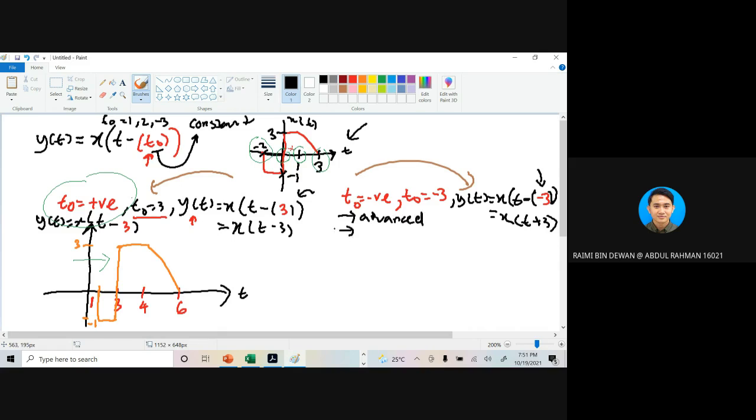and your signal will be shifted to the left. Okay, so the movement to the left. Okay, so now that we consider the examples, but let me erase first so that we have more space